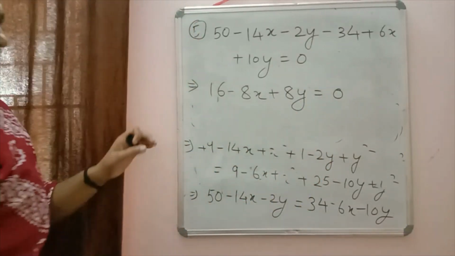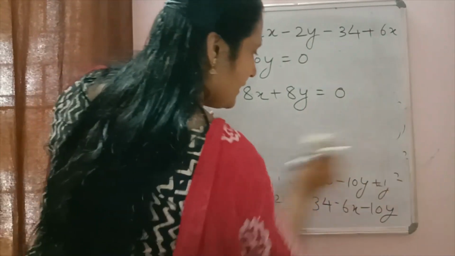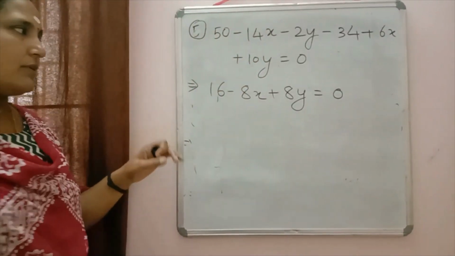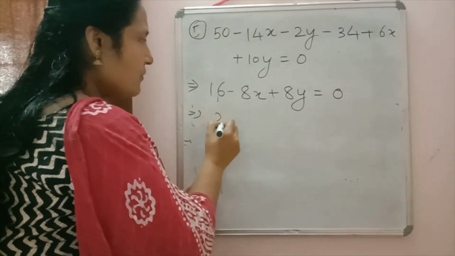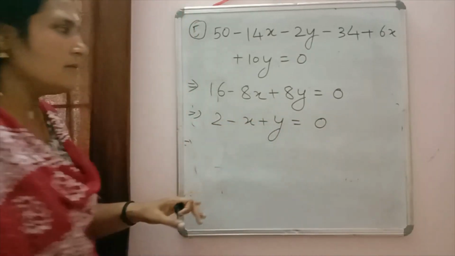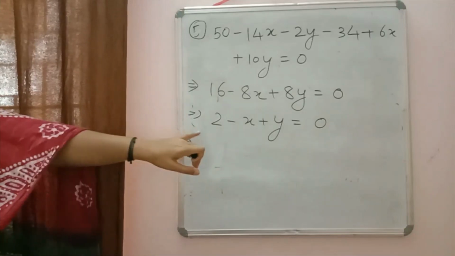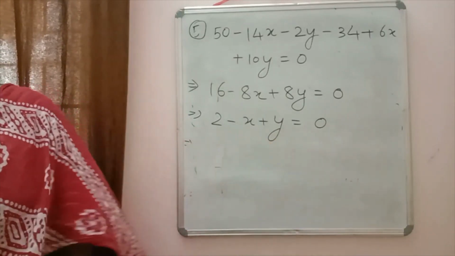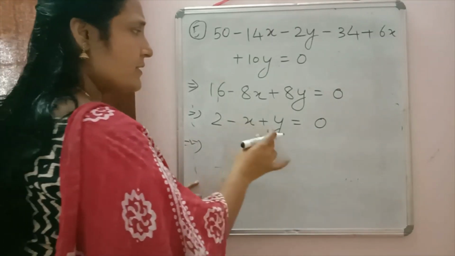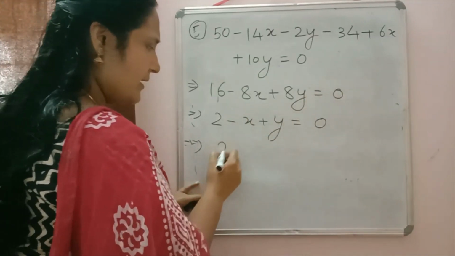As you can check, the expressions are divisible by 8, so we can cancel by 8. So remaining, it will be 2 minus x plus y is equal to 0. So this is the relation there: 2 minus x plus y is equal to 0. If you want, you can shift this x and y to the right hand side. It will become